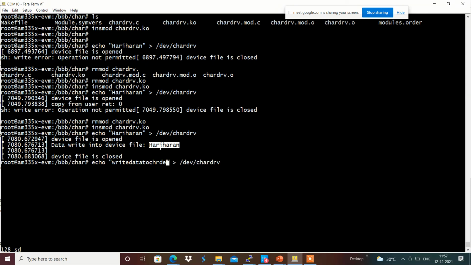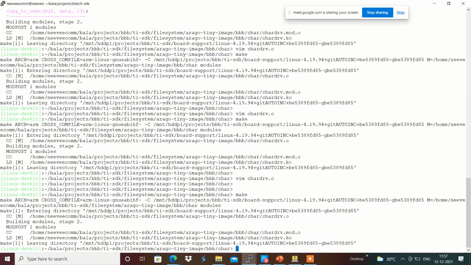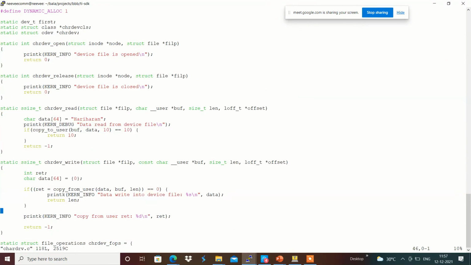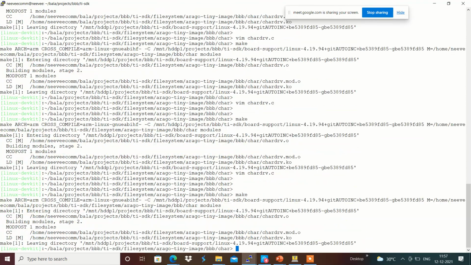The same way for the read operations: in the read we push the data back to the user space application, something like Hariharan is the data that we are returning back to the user space application.